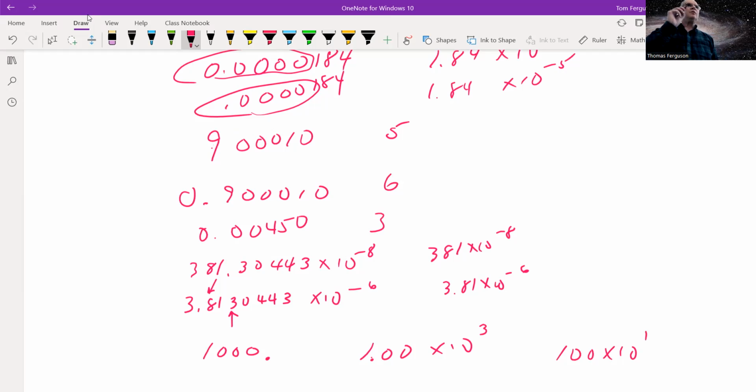How many sig figs is 100? Now, if you put it like this, now we have a decimal point, so all of them would count. Yes, this is by far preferred though over that. Yeah, so I gave people credit if you did it this way, because I didn't say put it in proper scientific notation, which